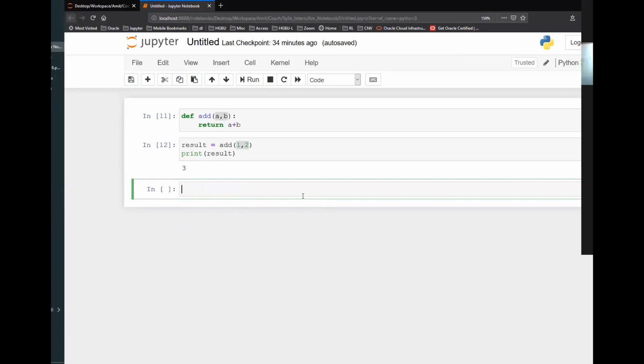So this is how you write a simple function. If you do not specify a return statement, your function will return some value by default, which is None.